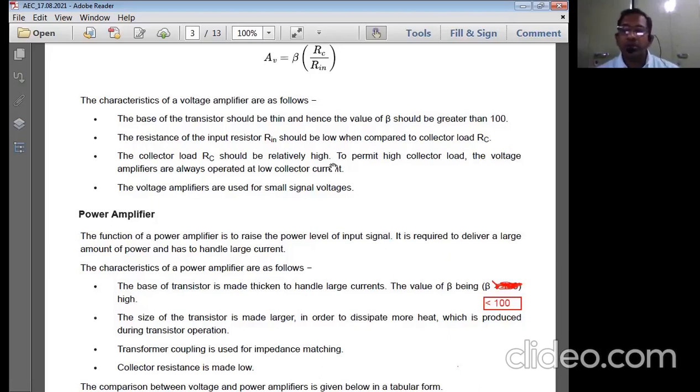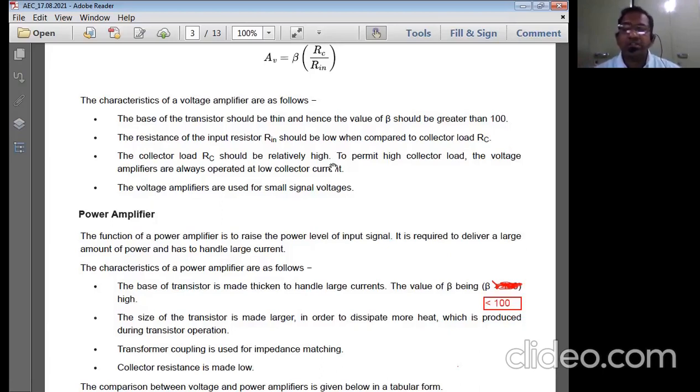Now, you cannot increase and you should not increase the input resistance of the loudspeaker. What is in your hands now? You can reduce the output resistance of the power amplifier by incorporating transformer coupling at the output of the amplifier circuit. If you keep a transformer at the output of the collector side of the transistor, then obviously the output resistance of the transistor is going to come down.